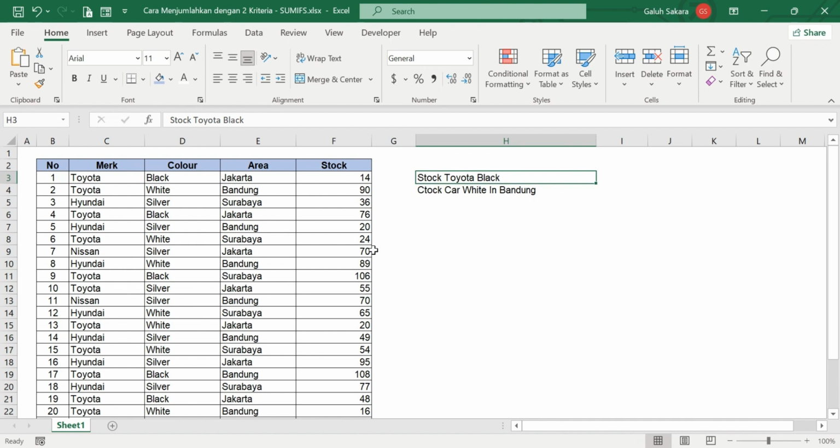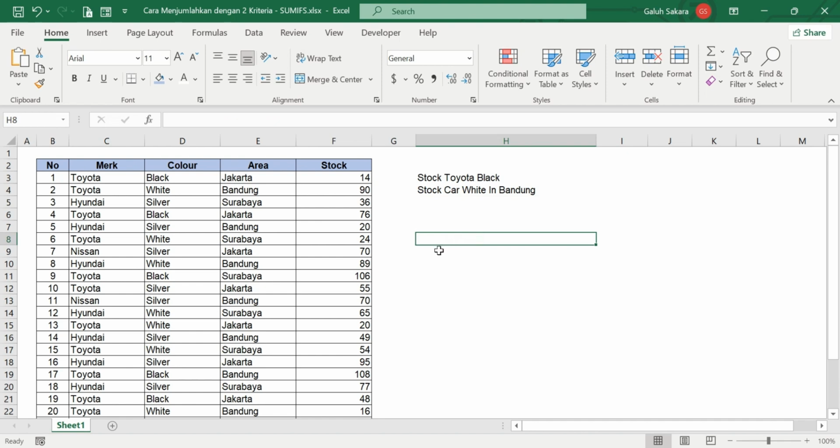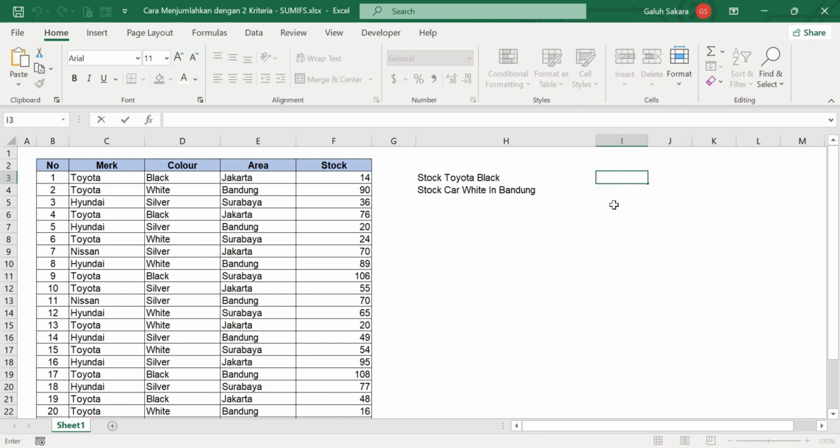So we need to count the stock of Toyota having a black color, and also count the stock of cars having white color in Bandung. So it means criteria. We need to add the data that has criteria like this. So for example, just type here the equal sign and then